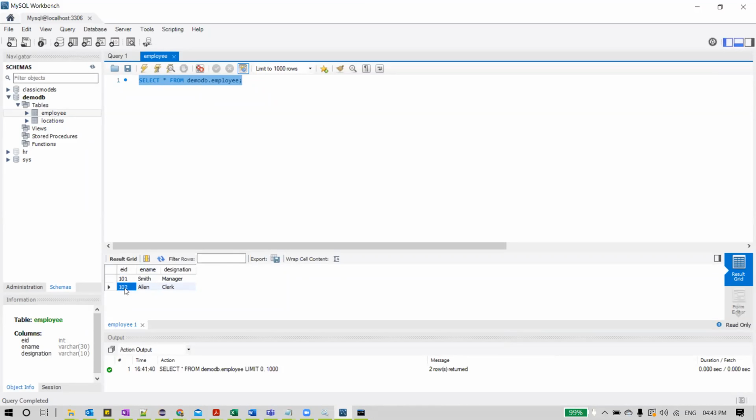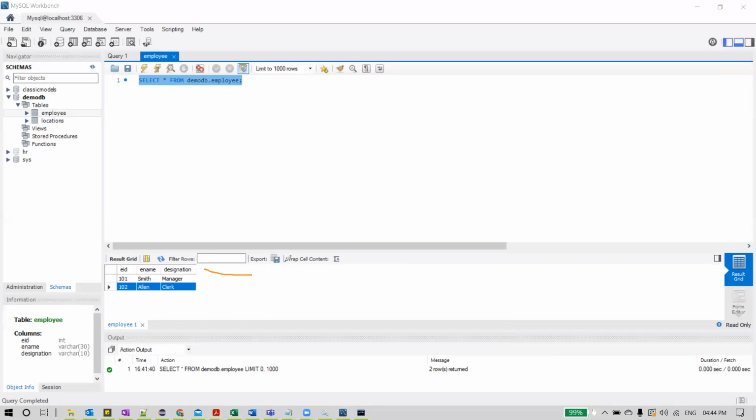Likewise, if we come down, we have another employee's information. You can see it here, 102 Alan clerk. All this information is called another row. This is how the rows are stored. Like this, you can have any number of rows. So we call these rows, and we read rows from top to bottom. Let me put it here. And columns we read from